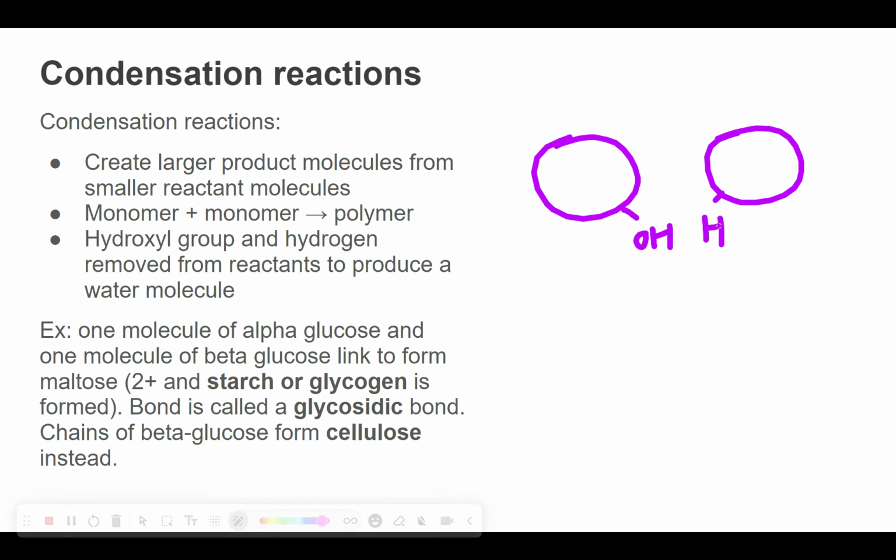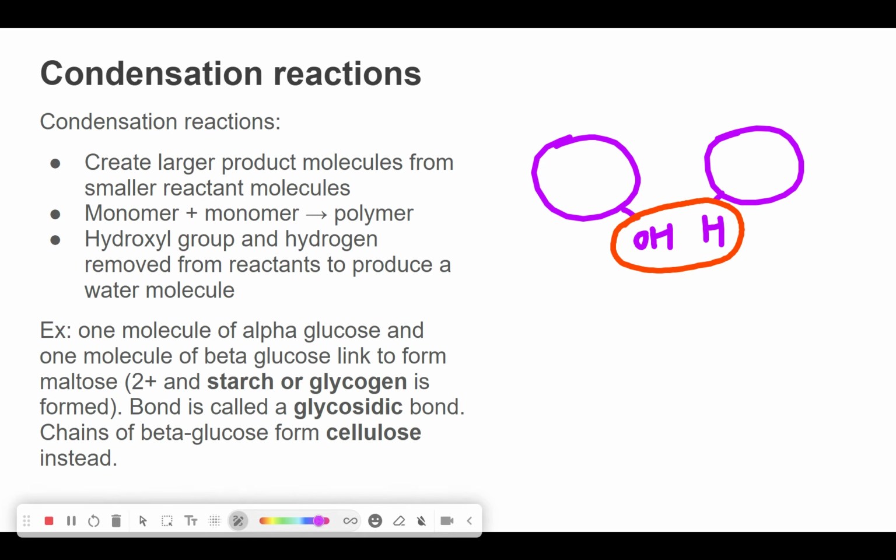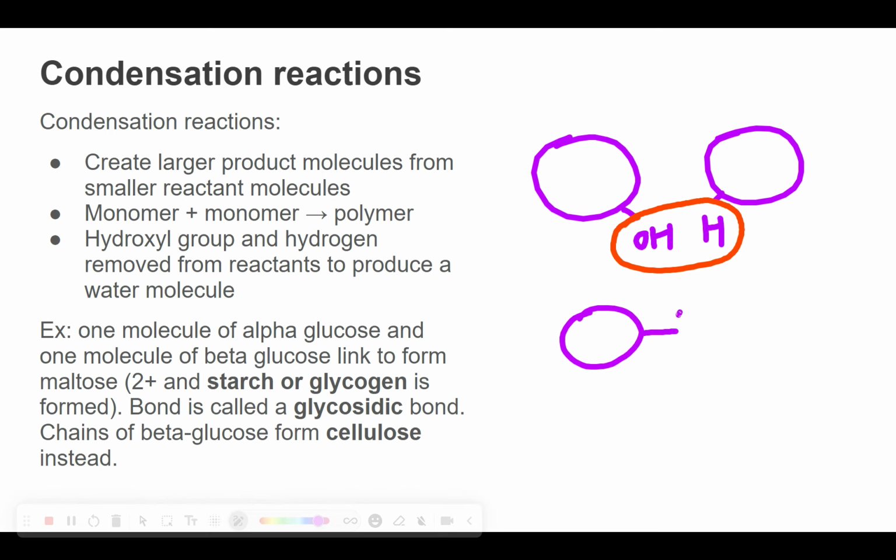These will combine with each other to form a water molecule, and you will be left with the two purple circles that represent, in this case, our carbohydrate molecule joined together,